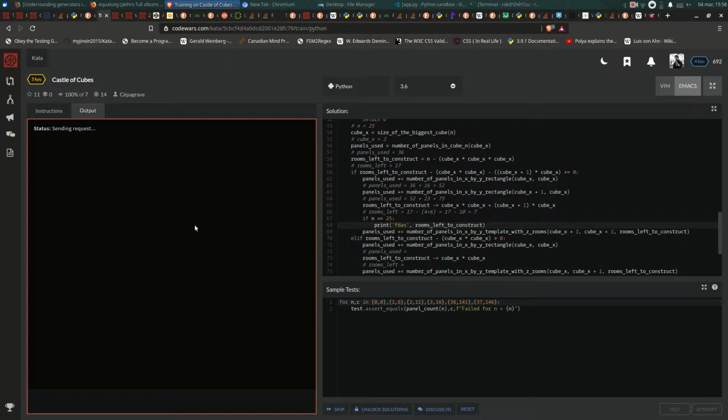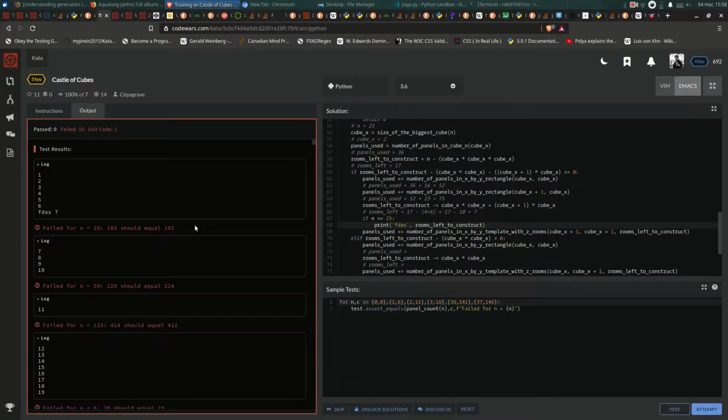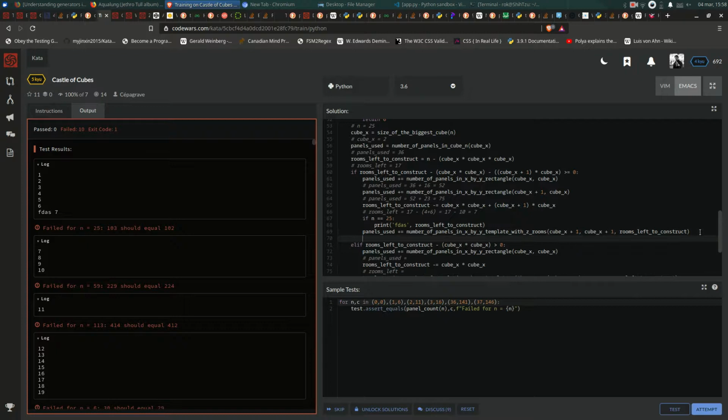Alright, 7 rooms to construct. And then, just like panels used, it's always panels used